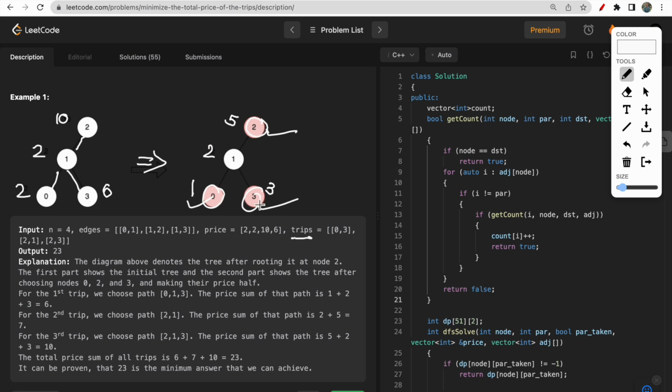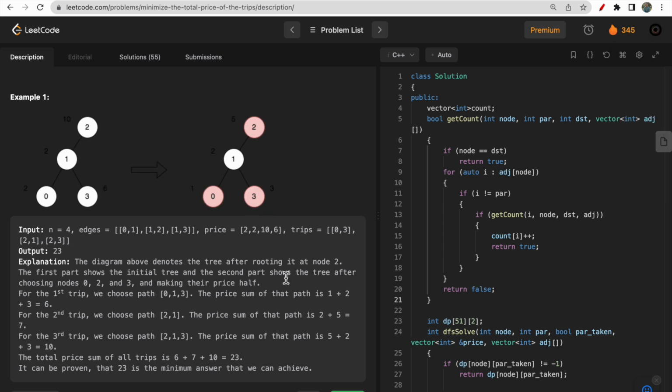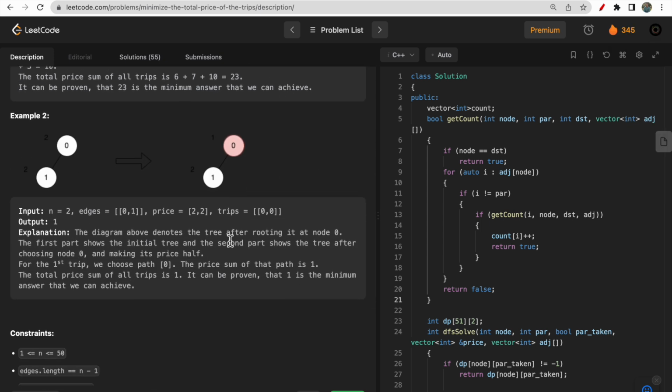After doing this, if you calculate the cost of the trips, see, the cost of trip 0 to 3 is what? Node 0 to node 3 is 1 plus 2 plus 3, that is 6. From node 2 to node 1 it is 7, and 2 to 3, that is 5 plus 2 plus 3, that is 10. So 10 plus 7 plus 6, it is 23. So as you guys can see, 23 is our answer. Thus by reducing the price of some of the nodes that are not adjacent, we can get the minimum